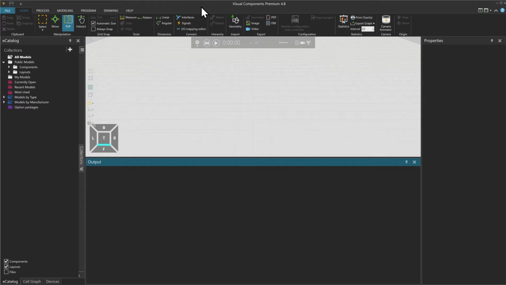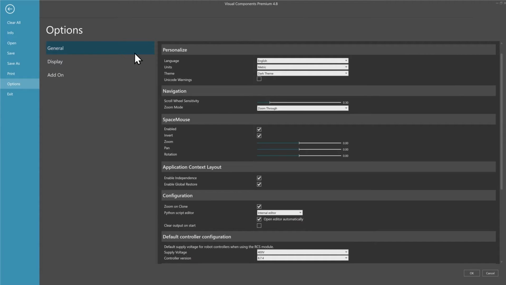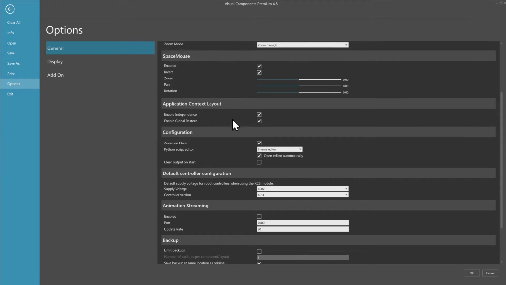Now that we have restarted the application, we have to check on the KUKA System Software, or KSS, version. For that, we need to go to the File tab, to the Options, and in General, if you scroll down, you'll find the default controller configuration, and here you can select your supply voltage or also the controller version.